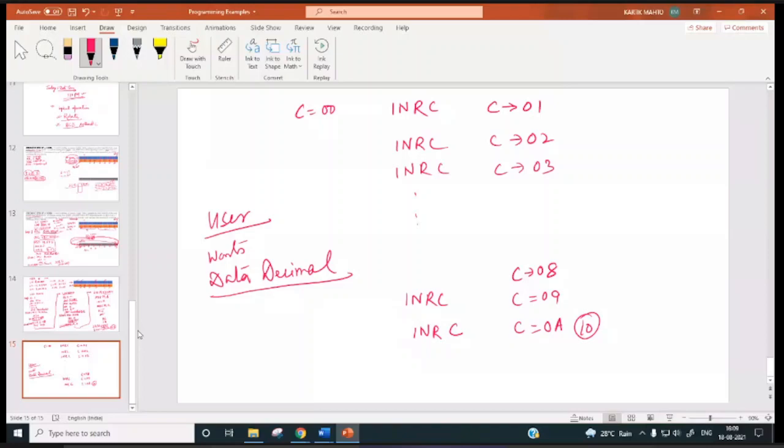Now suppose you are asked to count some event. If you count 1, 2, 3, 4, 5, 6, 7, 8, 9, A, B, C, D, E, 1, 0, 1, 1, 1, 2, 1, 3, 1, 4, 1, 5, 1, 6, like that, if you keep on counting, a normal user is not going to understand that.